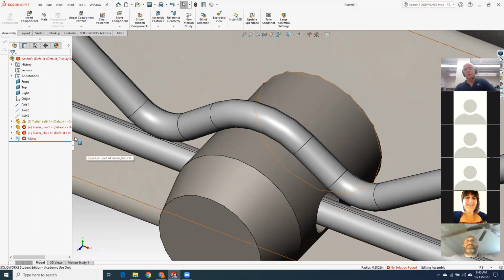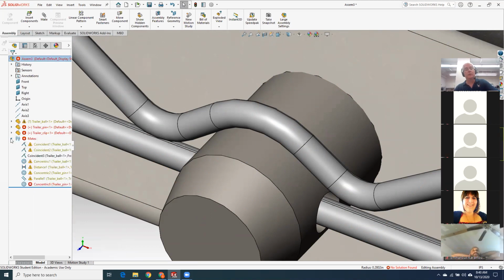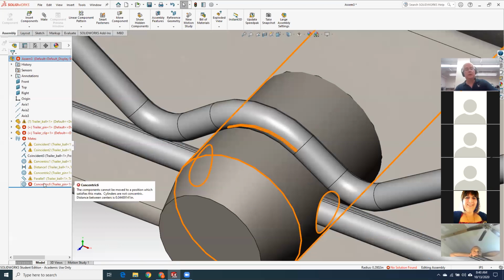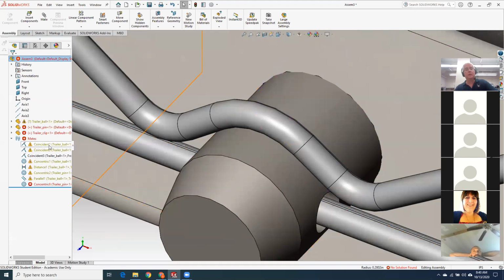Okay, so when you make a mistake, the way SolidWorks tells you you have an oops is by making the components red, and all of the mates that you have for your assembly are right here under your mates folder. So you have a hard error in this concentric, which is affecting the ability for all these others